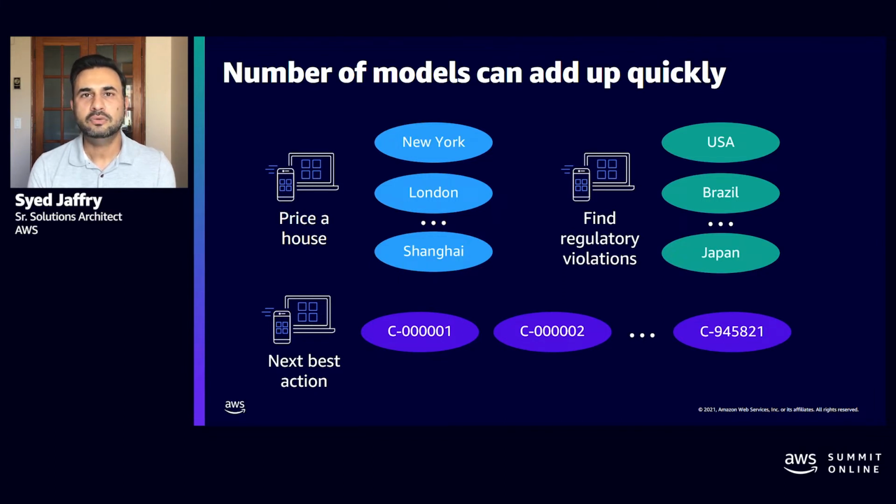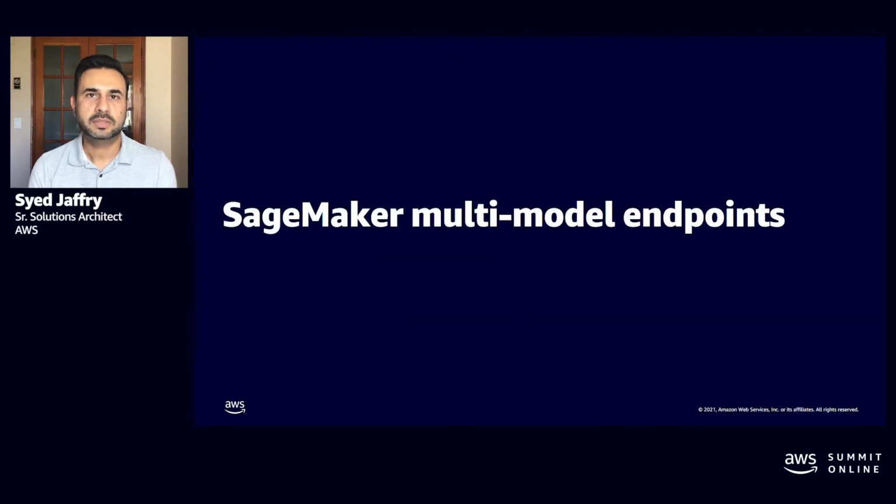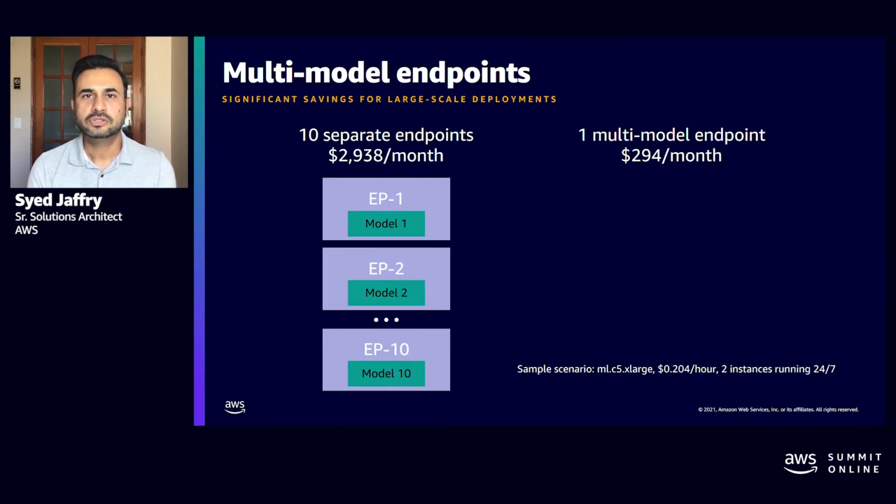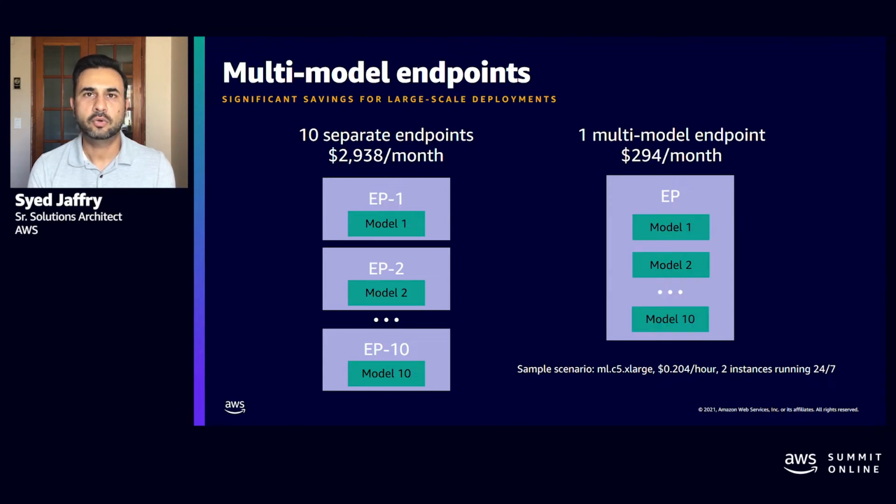So the question is, how do you hit that Goldilocks just right balance between being able to support all this variation in your models and also maximizing the reuse of your infrastructure? And this is where SageMaker multimodal endpoints really come in to solve the problem. From a cost optimization perspective, take this example. If you have 10 models, by default, you'll have 10 individual endpoints. Now, if you were to consolidate these 10 models into a single multimodal endpoint, then the cost of hosting goes down from a few $1,000s to a few $100s. And you can scale that to thousands of models.